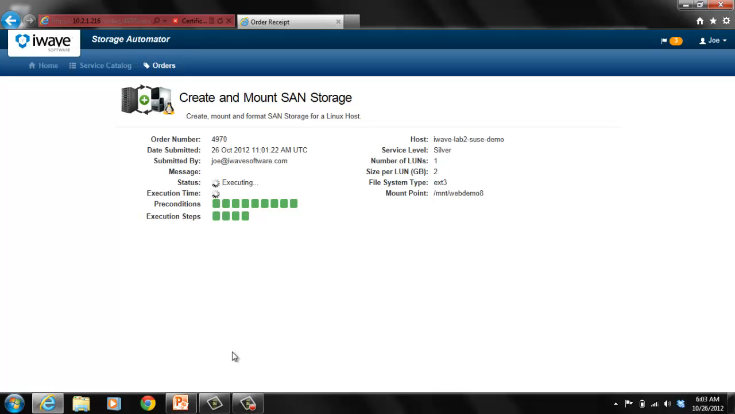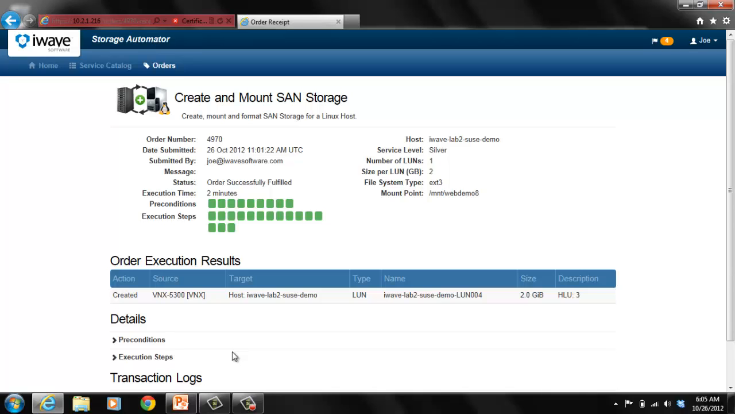And at this point, iWave Storage Automator is going out. It's selecting the storage based off of a set of rules that my storage administrator has defined. It's going to create that block storage, update the SAN fabric, and then ultimately configure my Linux box to use that storage. Okay, so the order has completed, and as an end user, I'm going to see my receipt that's